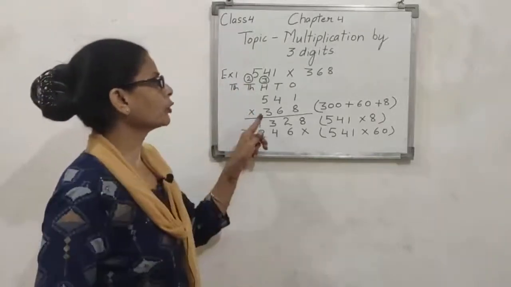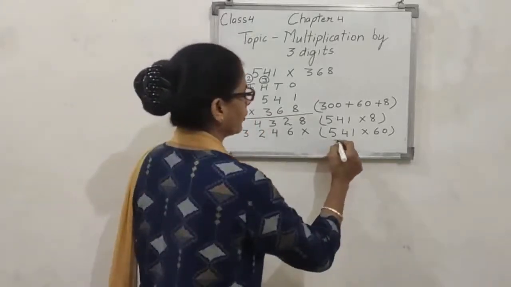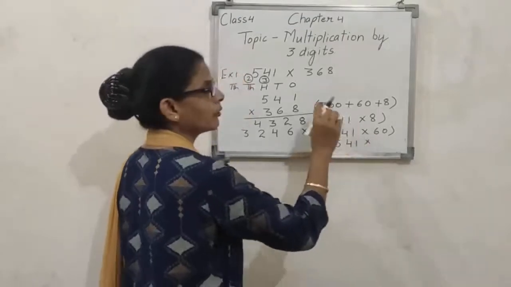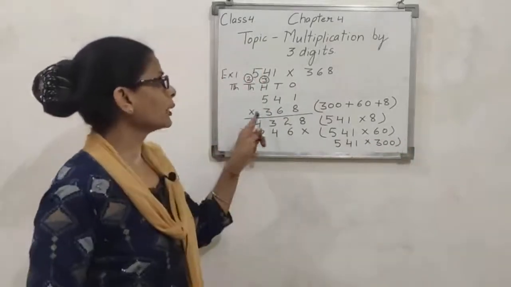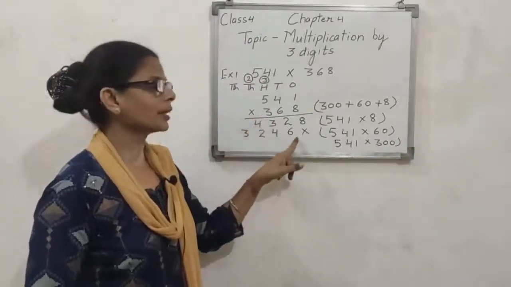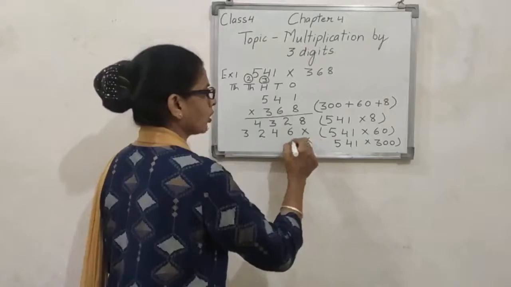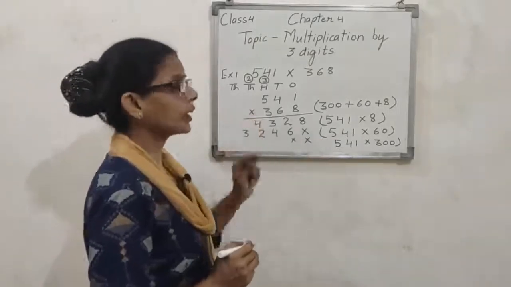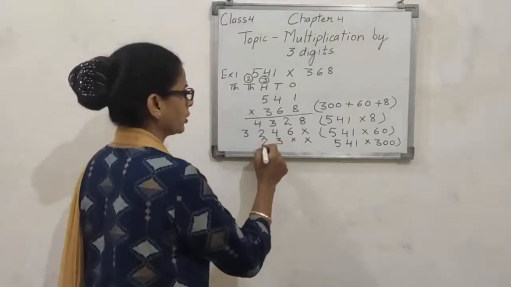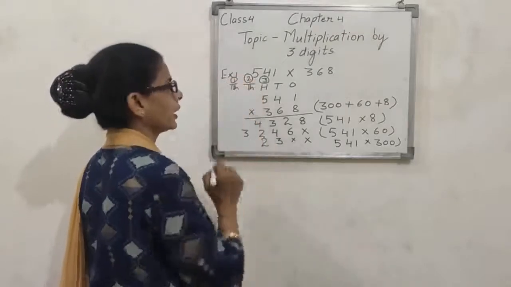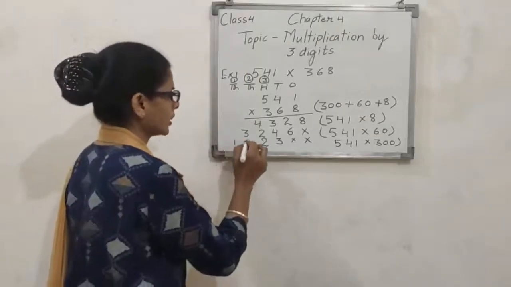Right? Now, we have to multiply by the hundreds place. Hundreds place is 3. So, we have to multiply 541 by 300, the expanded form written here. Now, we are multiplying by the hundreds place, so the ones and the tens place will be replaced by 0 or a cross. We put a cross or 0 on these places. Now 3 ones are 3. 3 fours are 12. 2 will be written on the thousands place and 1 will be carried on the ten-thousands place. Now 3 fives are 15. 15 plus 1 is 16.